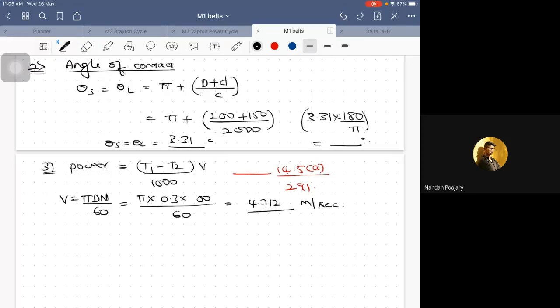The speed is 300, so it is 0.2. It is 3.14. Now, whether this particular value, which is 3.14, is less than 10 meters per second or more than 10 meters per second. Definitely it is less than 10 meters per second. That's why you have to write the sentence: since the value of V is less than 10 meters per second, the effect of